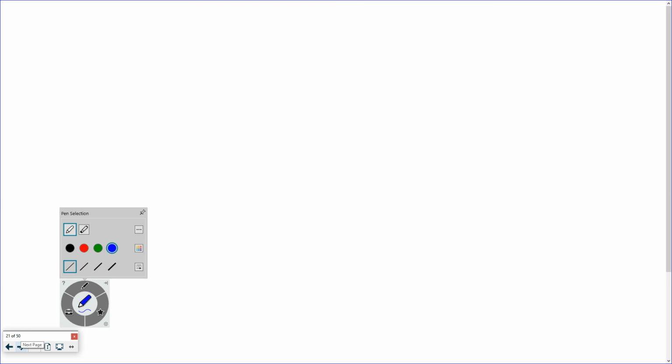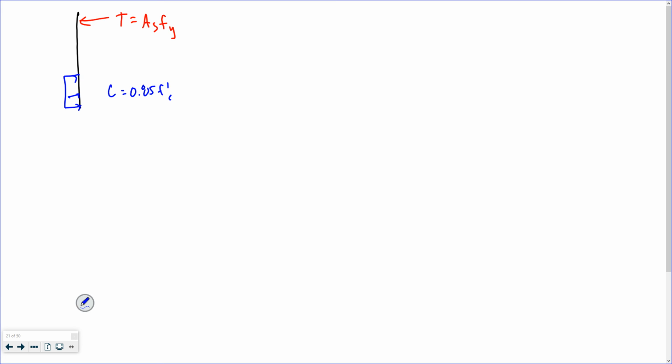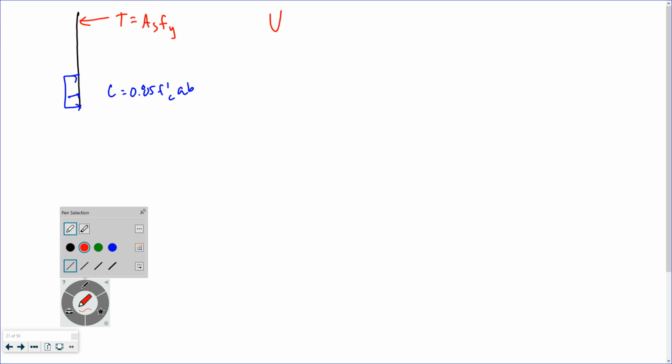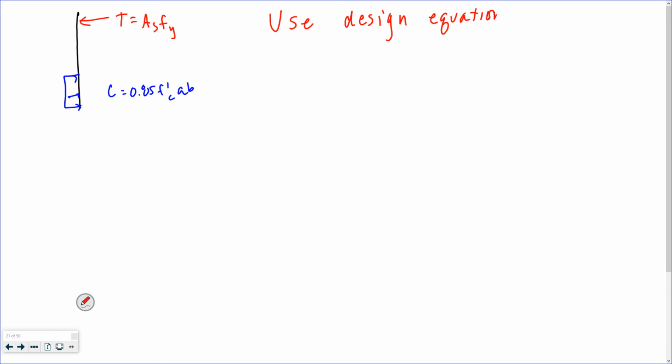So now I'm going to draw the section just because, all right, tension is in the top and compression is in the bottom. So I'm going to use my design equations, and I'm not going to derive that again. So if I go back and look at that equation,